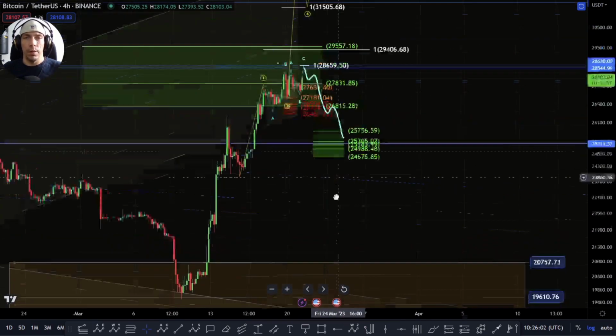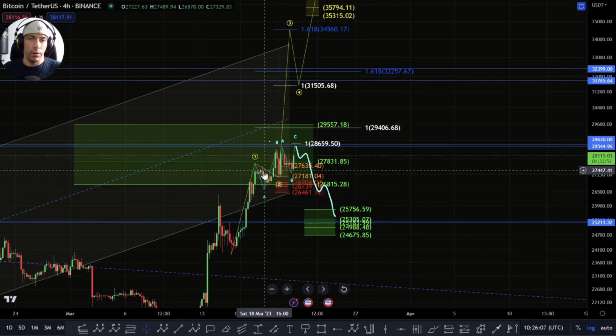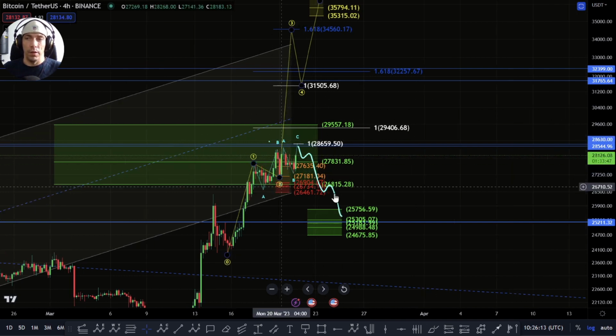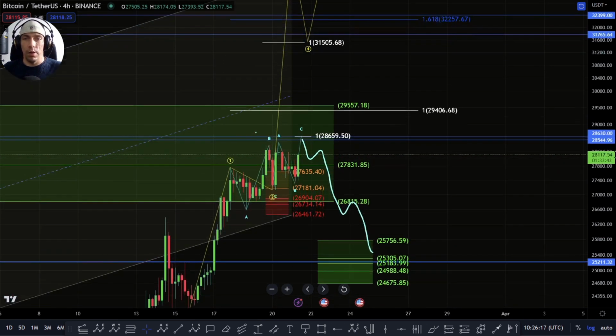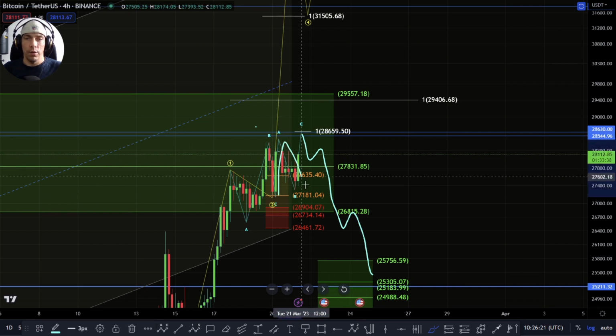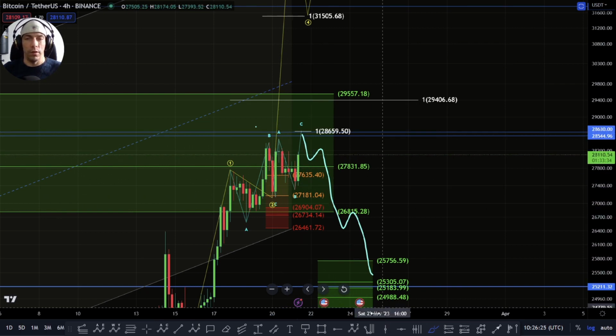So we need to be aware that these things can happen. We can see these extensions, even within these waves here. We could be extending out, and it's just not clear yet. We need to just give it a bit of space here. But yeah, this 28,630 and this area of this 28,659, I want to see how we react here. Just get a three-wave move up in here. Then the potential is that we could see this